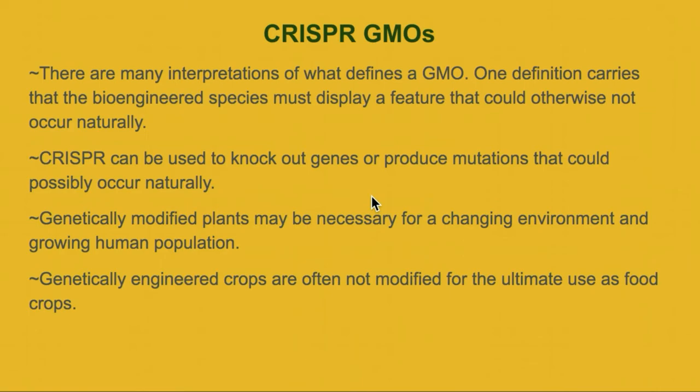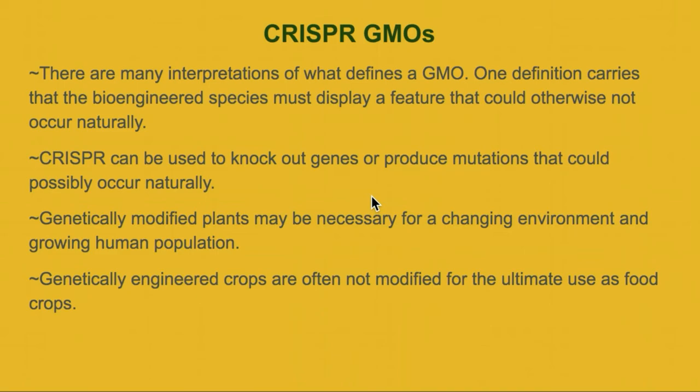But one thing that's interesting about CRISPR is that it's relatively efficient and very accurate, and also we can produce mutations by making very specific cut sites or removing very specific sections of DNA, and these are mutations that very well could occur naturally. So that may change the public's perception of a genetically modified organism,